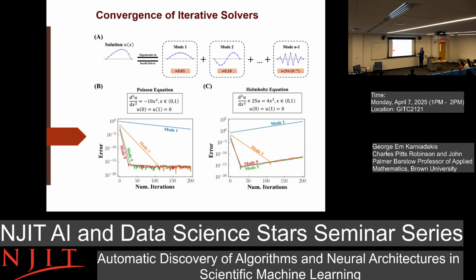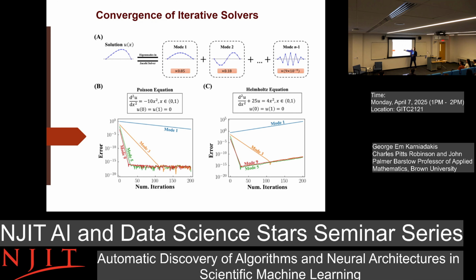Okay, so now, why? Let me go into this algorithm a little more. Let's say this is the solution that you're trying to find, u of x. You can decompose it in Fourier modes. Mode 1, the low mode, is like this, mode 2 is like that, and the high mode is like this one. What we just said is that the smoothers work on the error, trying to remove the high modes and therefore go closer to the exact solution. They do a very good job here, but not on the low modes. So you have non-uniform convergence.